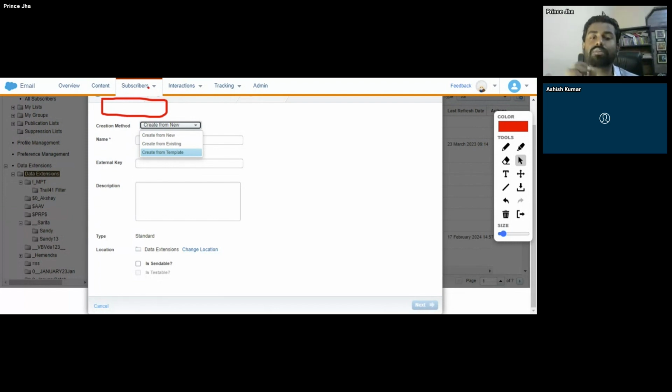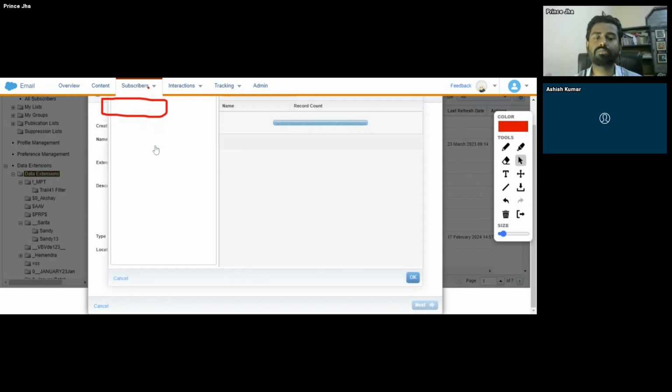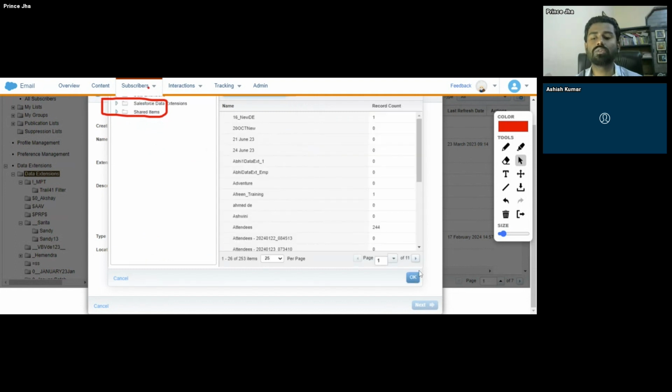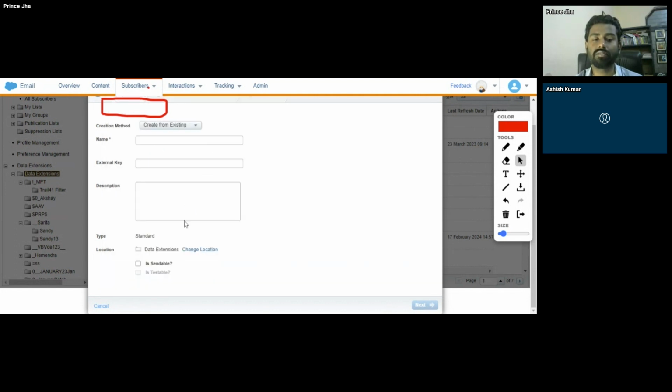But create from existing DE, what does it mean? If I already created one DE earlier, and in that DE I marked email ID as the primary key. Okay, it can be mobile number as a primary key, but for the sake of example, I'm telling you that email is the primary key. In that case, when I click on create from existing, the email ID will also be the primary key. Okay, but I'm not going to do that. I'm going to start from basics. What I'm going to do, I'm going to click